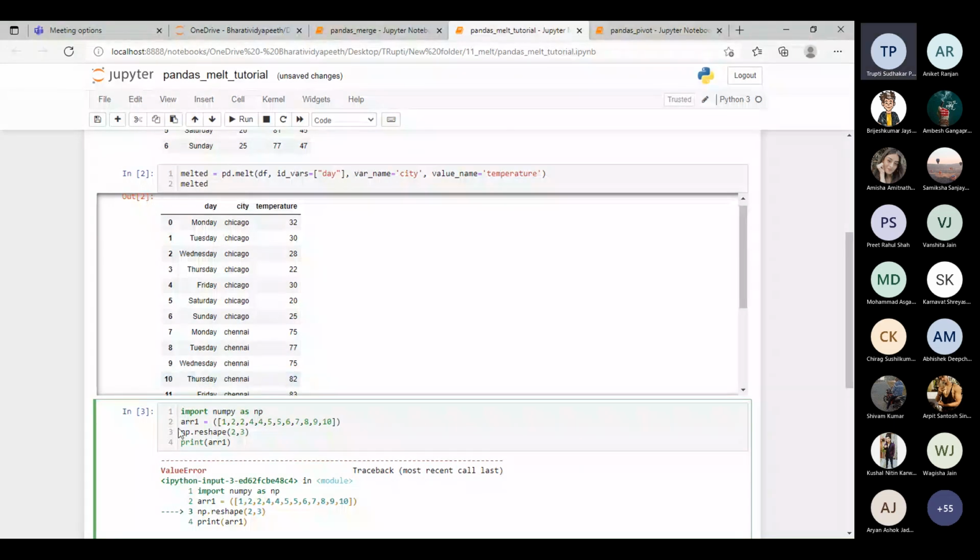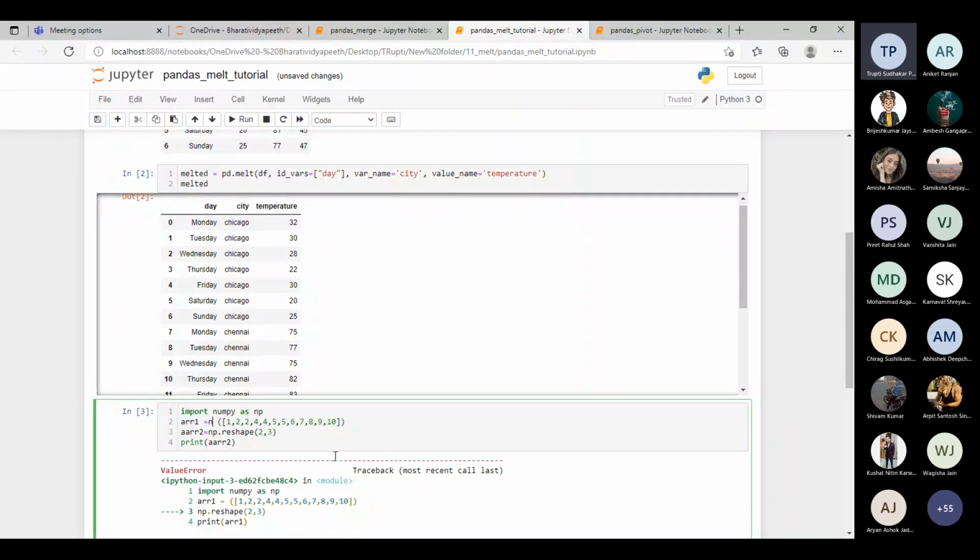I can assign to this arr2 with the np function. Then I have to include np dot array, because I have taken the array in the form of np dot array.